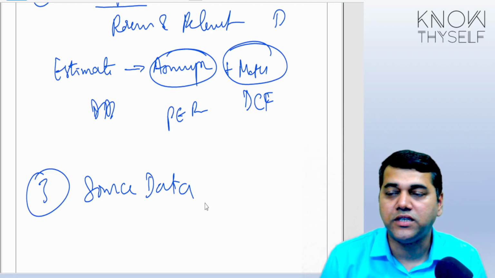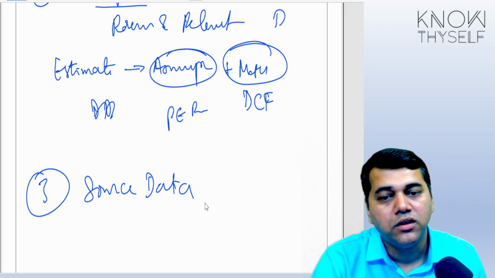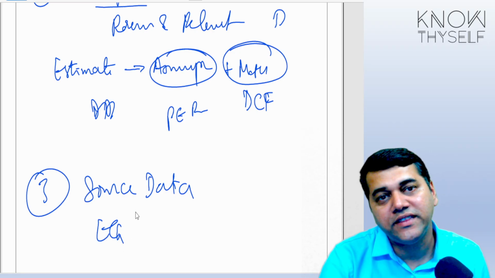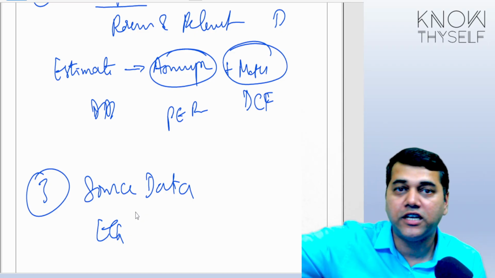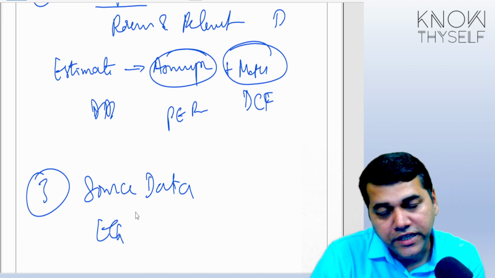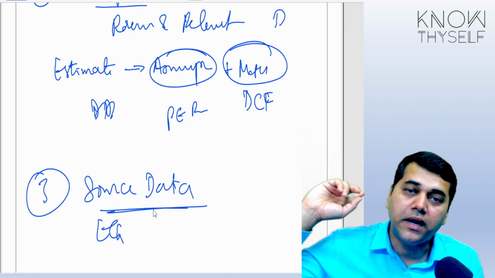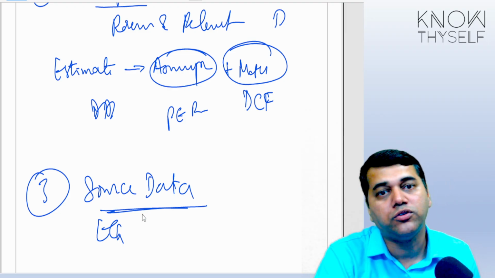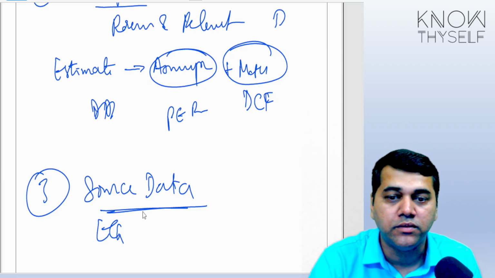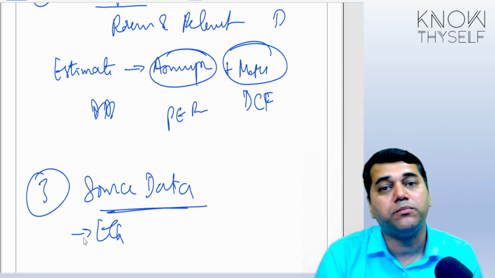Like the heart specialist. By looking at you, you cannot take a decision that there is a heart block. There should have been an ECG scan done. Now, whose ECG scan have they referred to? There is a possibility that your report and another patient's report got swapped by chance. Have they communicated their findings by relying on the right source data? It should not happen that some other party's ECG report is shown and they tell you there is nothing, no worry for you, or there are two blocks right now, an emergency operation has to happen. That's why you have to take care that the doctor is taking the right decision based on the proper source data.